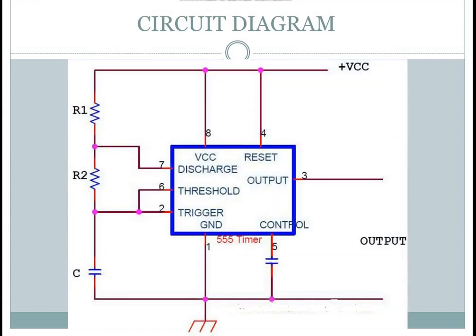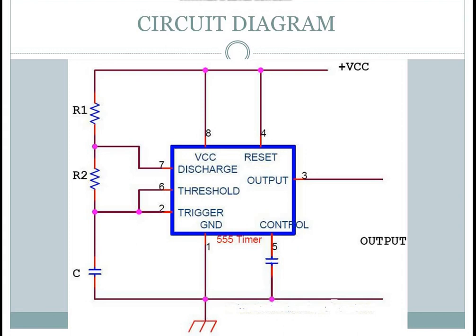We have to connect pins 6 and 2, next 8 and 4. After that connect the resistor R1 between 7 and 8 and R2 between 6 and 7. Next the capacitor is connected between 1 and 2, and capacitor C2 is connected to the fifth pin, and the other leg of the capacitor is connected to ground.